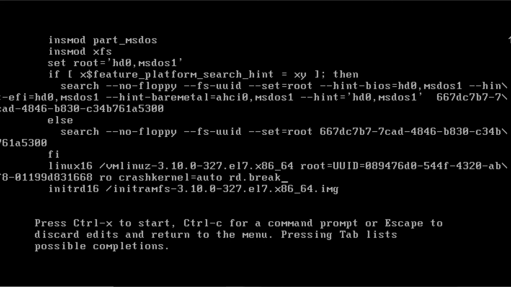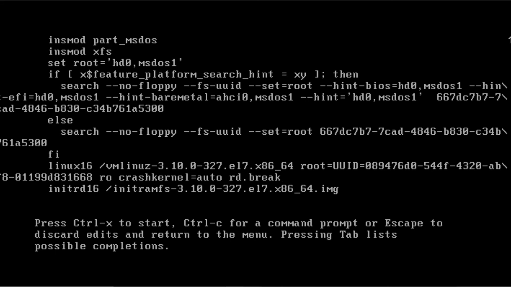Remember the boot process: when the kernel loads, the initrd process runs, and it loads the main file system into the /sysroot directory of the initial RAMfs.